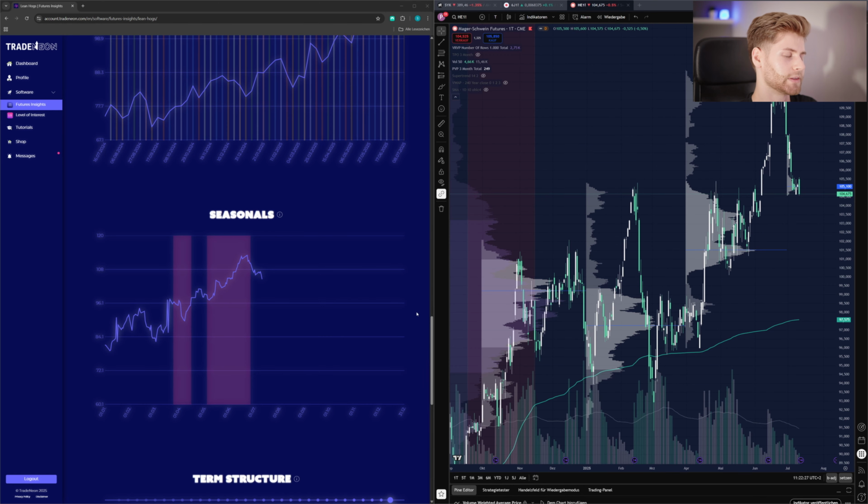What is also a bit inconvenient is that the recent short season that started early May and went all the way to the end of June just finished. It would obviously be even more beneficial for a potential upcoming short trade if we were now to enter a short season. A short season would simply mean that the market in this time frame, in at least 9 out of 10